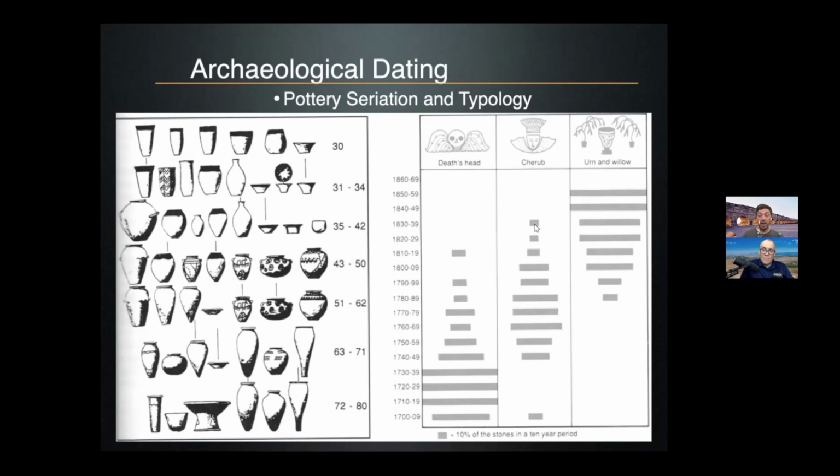It's just some potter says, oh, this is kind of cool, makes it, and then it catches on. Other people start making it and it becomes more popular as you move through the lifespan of it. And then people tire of it and they decide, hey, let's make something different and new. And these battleship curves, you can look at the frequency in a statistical way to say, when does this vessel appear? When is it the most common? When does it disappear? And how does it relate to other vessels? And by looking at these statistics, we establish our ceramic typology.